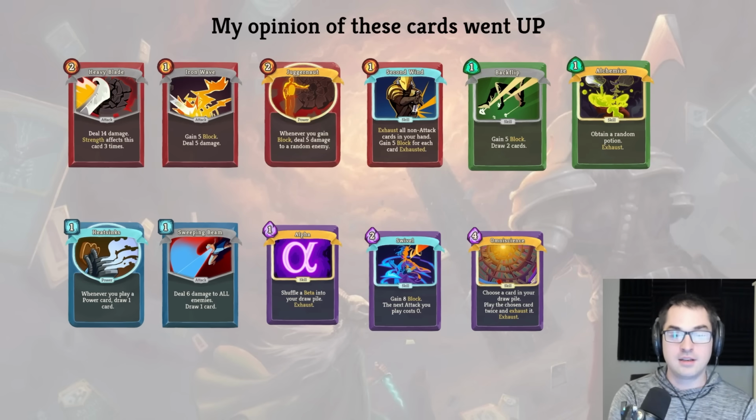Swivel, meanwhile, is just kind of an efficient card. It saves you energy, and it blocks up front pretty well. As long as you have at least a couple of 2-cost attacks in your Watcher deck, it's well worth picking up. And I think I'm appreciating Swivel more now that I'm picking...